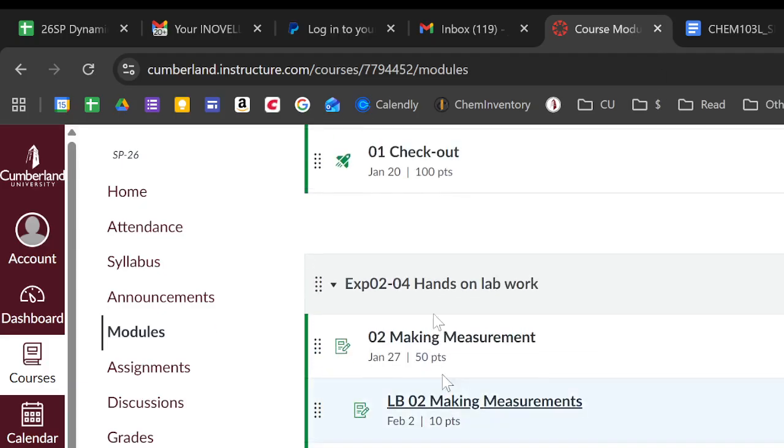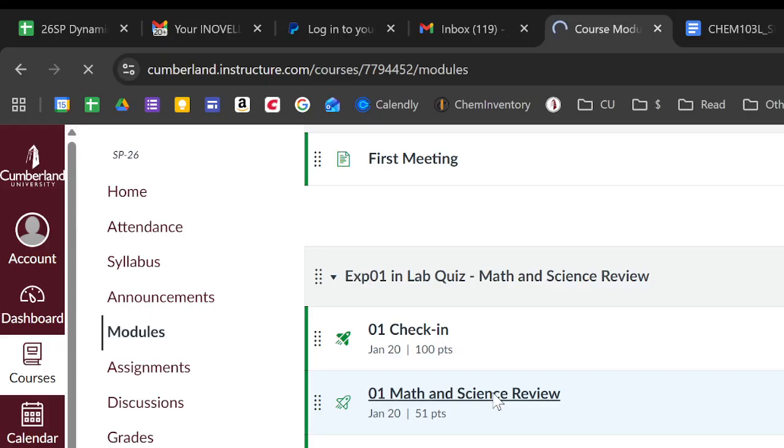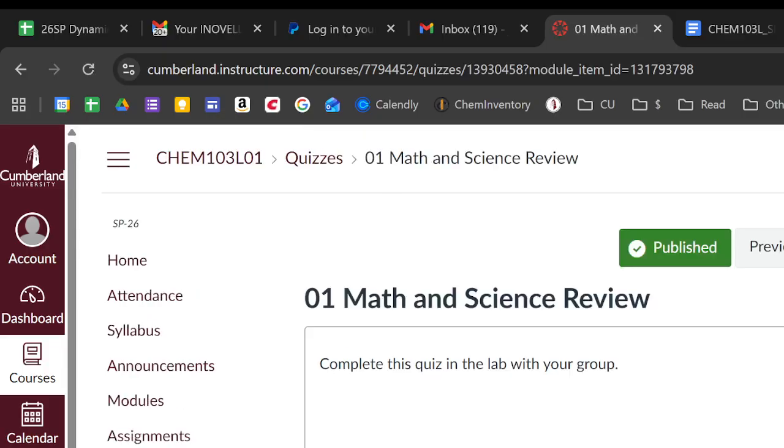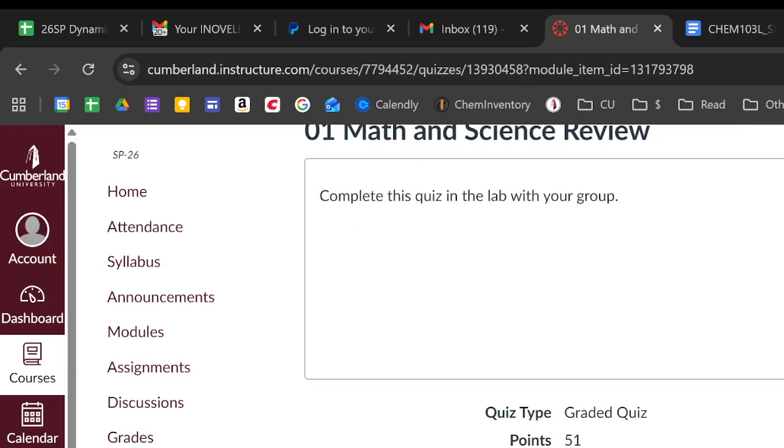Okay, fantastic. So what I want you to do is group up into 4. You can join one of the groups, okay? And make sure you get your check-in before you start. So get your check-in done, submit that photo, submit that quiz. Group up, and then you're going to want to open the Math and Science Review. And yours looks different, obviously, when you open it. And then you'll want to start on that.